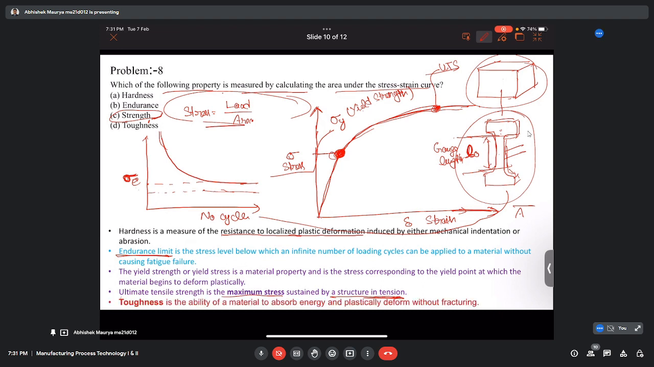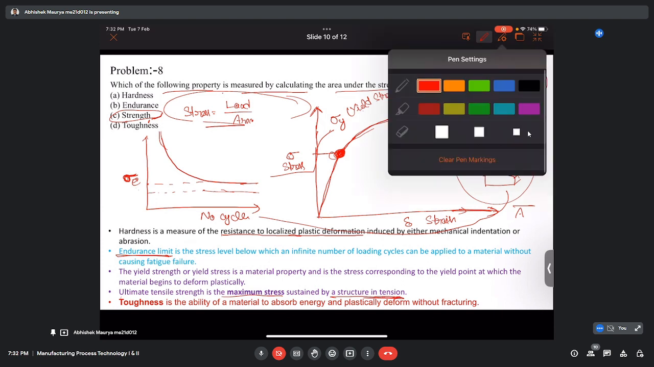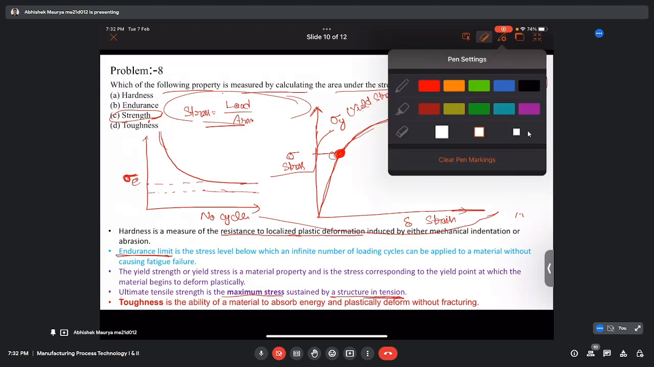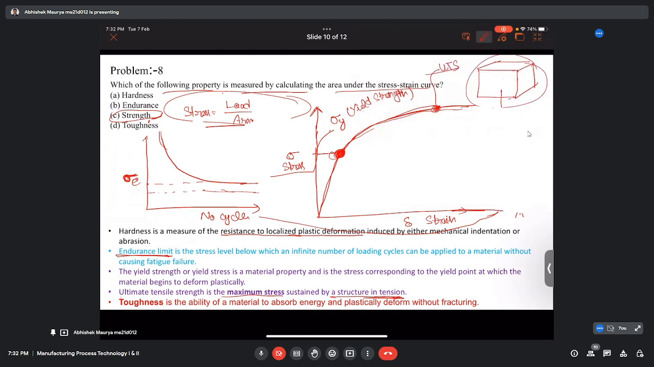And toughness, this is the property which tells about how much energy material can absorb before failure. So how do we calculate it? Once we got the material, we have drawn the stress strain curve. So it will look something like this. So if we calculate the area under this curve,